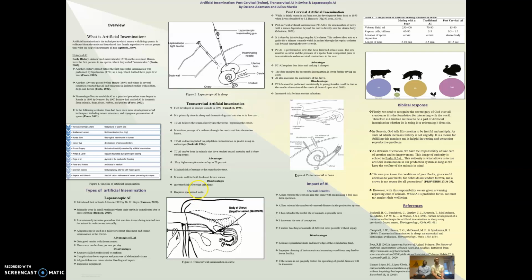It has also extended the useful life of animals, especially sires. So you get boars and bulls that can be bred for longer, thereby having an extended life, whereas they'd be culled otherwise. And you see a massive increase in conception rates, with conception rates north of 80%